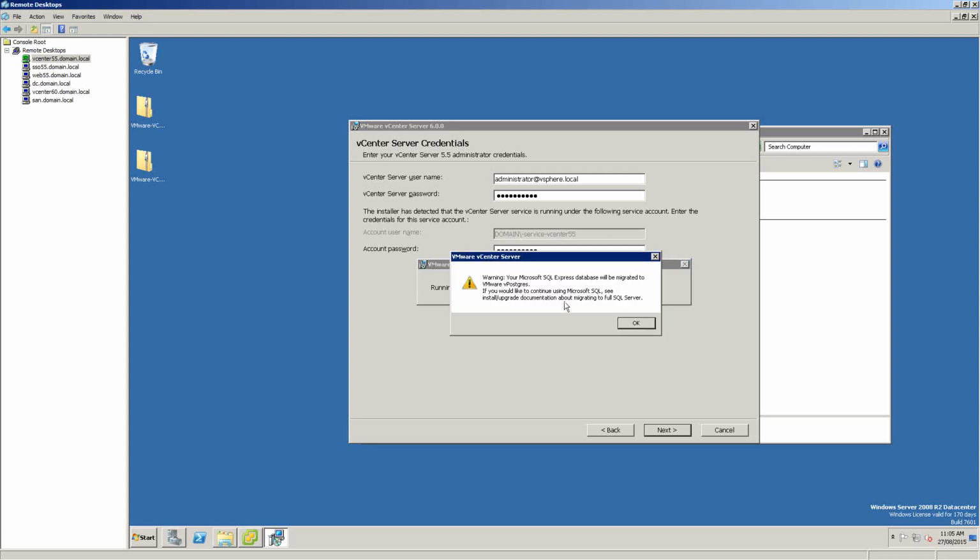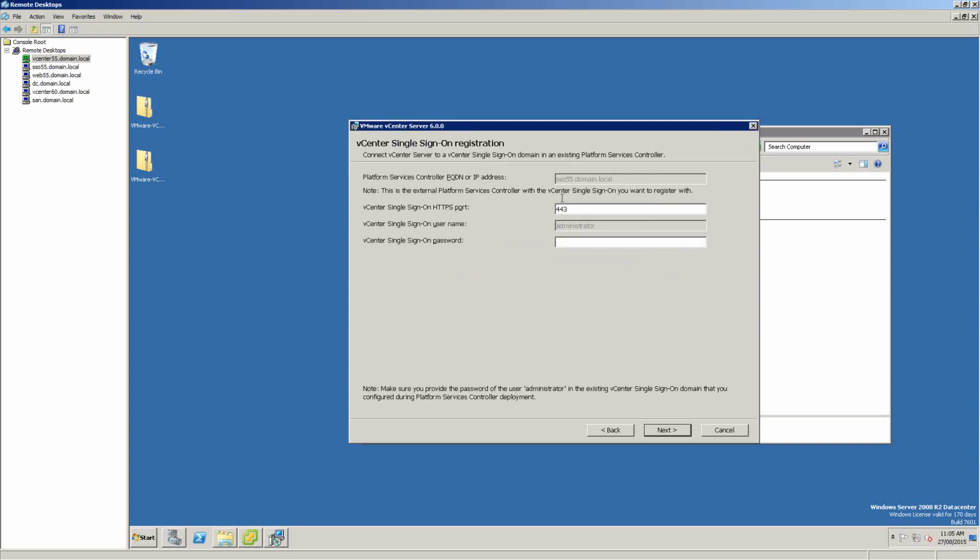Okay, coming back to the installation, it throws you a warning saying that your SQL Express database will be migrated to a VMware Postgres SQL database. If you'd like to continue using SQL, please see that documentation. So you go up here, next, and punch in the password, if I can type correctly.